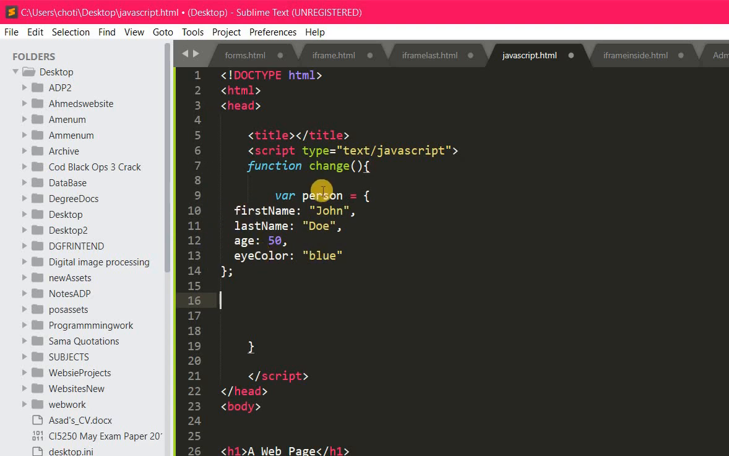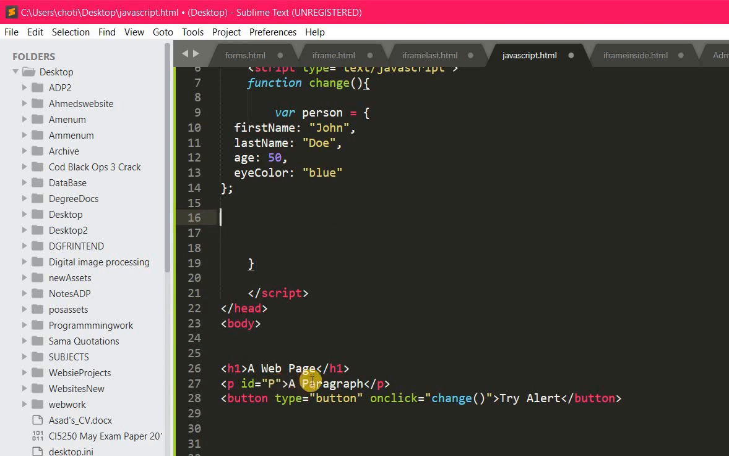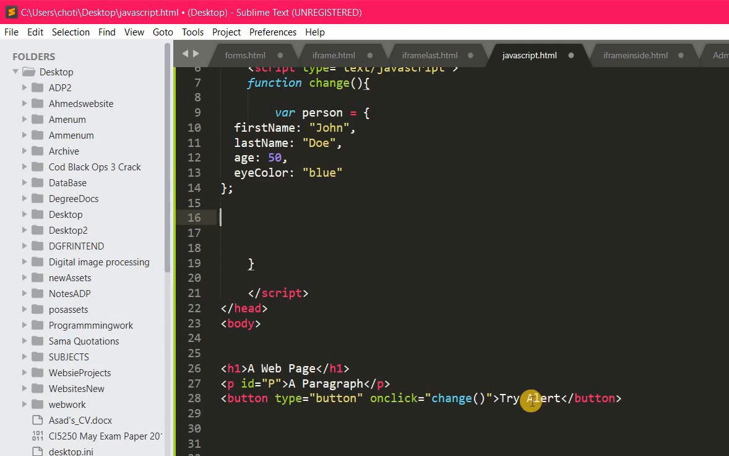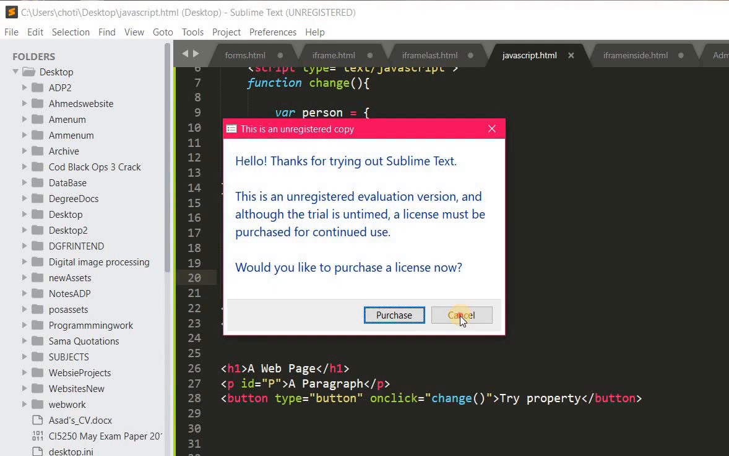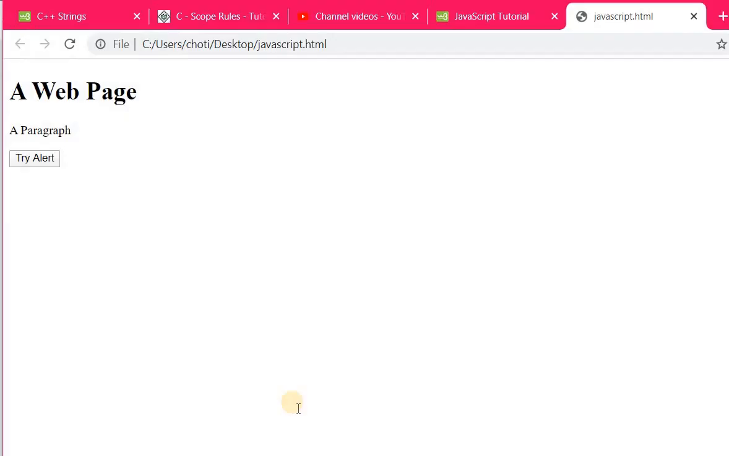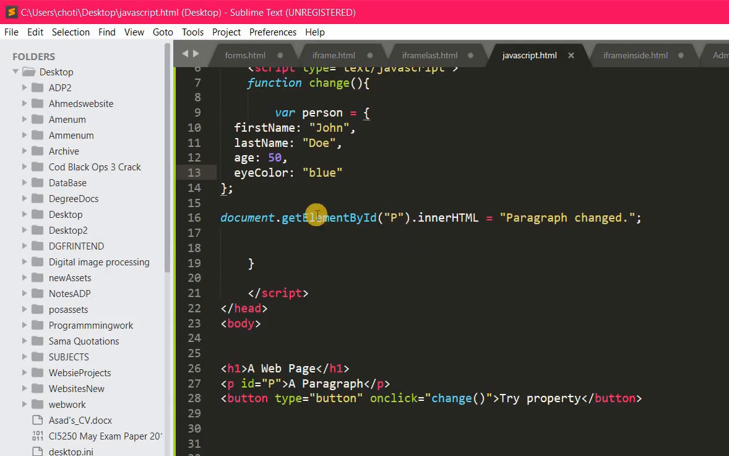So right now अगर मैं चाहता हूँ कि person की कोई भी property को access करूँ, so let's put it in the paragraph. अगर हमारा user try alert करे तो instead of the try alert let's make try प्रॉपर्टी, हमारे पास certain प्रॉपर्टी डिस्प्ले हो जाए। तो लेट्स डू इट। document dot get element, okay, I don't have that much time, मैं copy paste, okay, so document dot get element by id, the id is p because we want to change the inner of this paragraph।